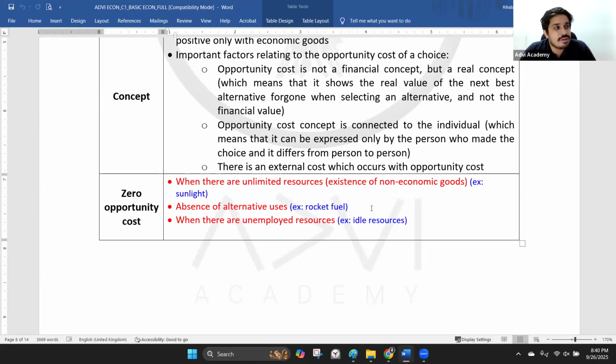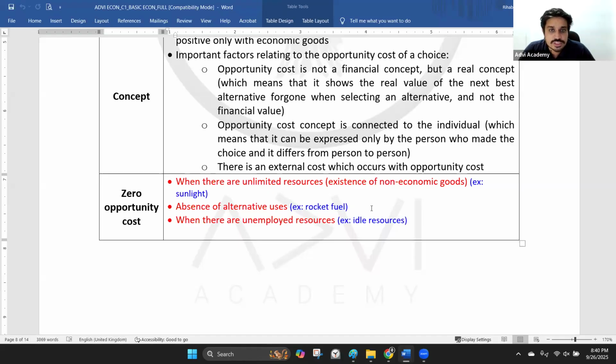For example, rocket fuel can only be used for a rocket. You can't put it in a car. If you put it in a car, do you think it will go like a rocket? No, it won't. It will burn faster than a rocket first. Then you will go up. End of the day, if that is the target, then yeah, you can use rocket fuel in a car if you want to go up. The car won't go up, you will go up. Yes. But other than that, there are no alternative uses.